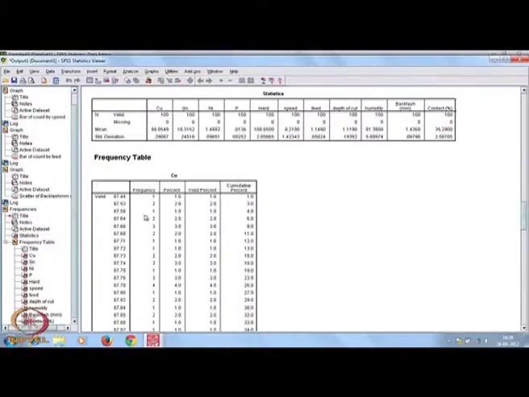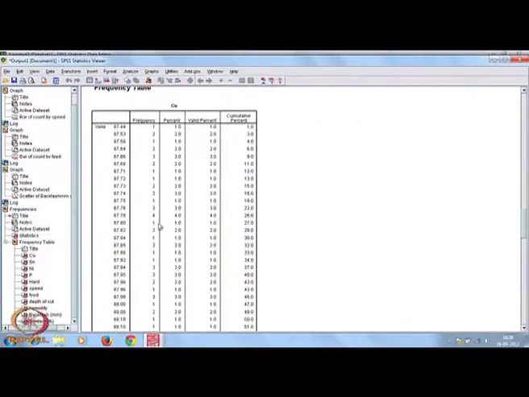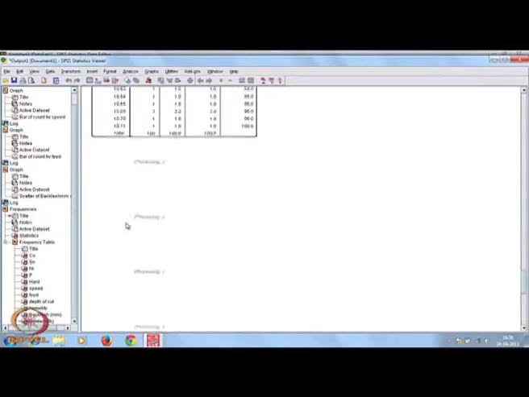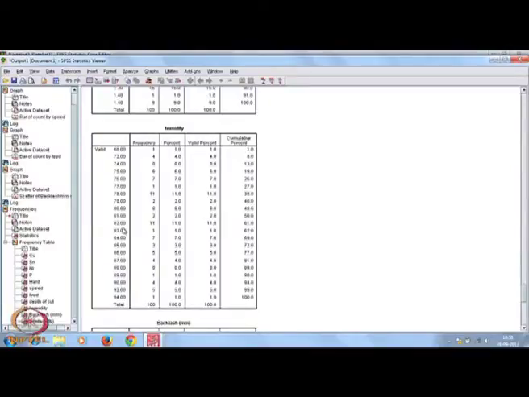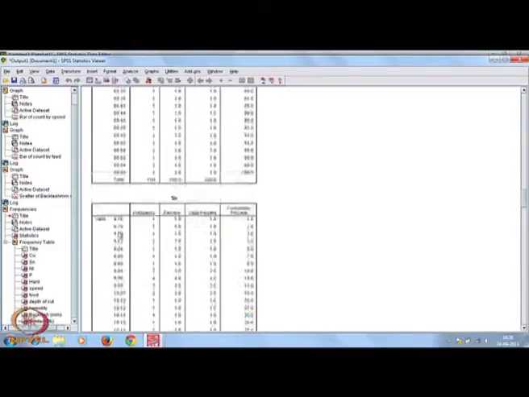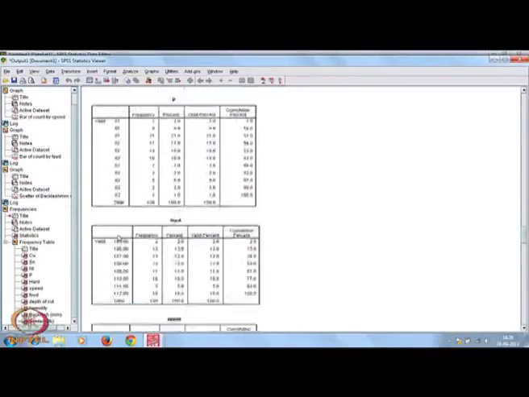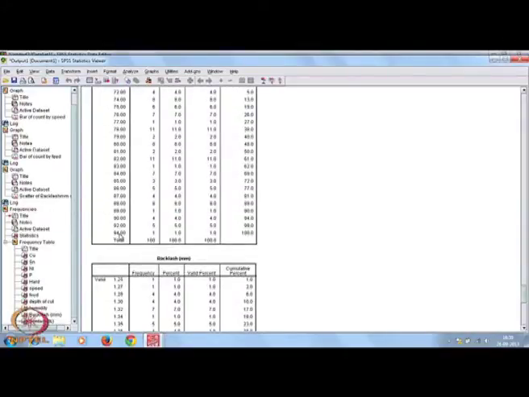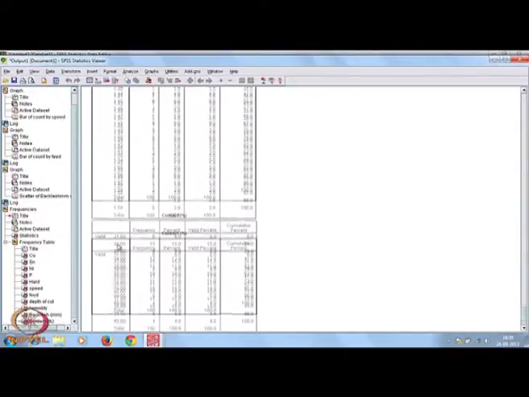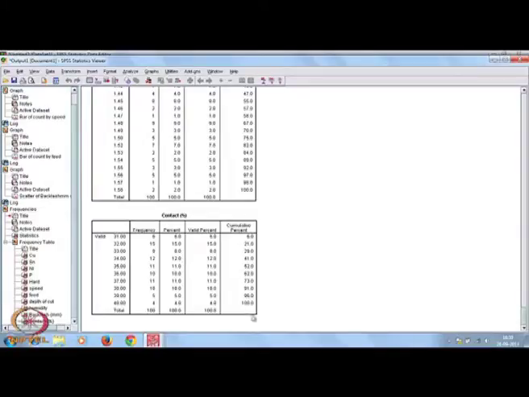A frequency table gives the observed values under different categories. It will be a big one because there are 100 data points. When you have continuous data, the frequency table is not meaningful.